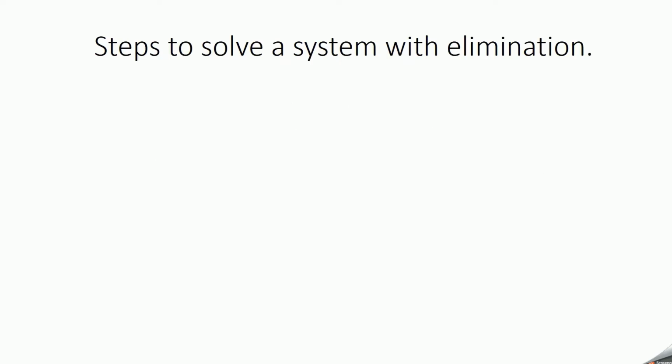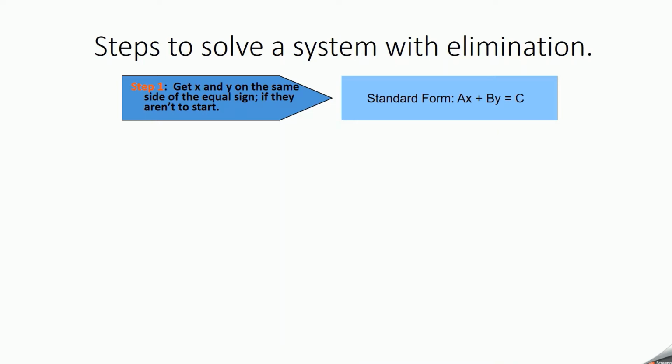Now, just a reminder, the steps to solving with elimination are as follows. Step 1, you want to get x and y both on the same side of the equal sign. I am not going to be tricking you. They're always going to be set up for elimination. X's and y's will always be set up on the same side of the equal sign. When you get to high school next year and you do these topics again, your teacher is not going to